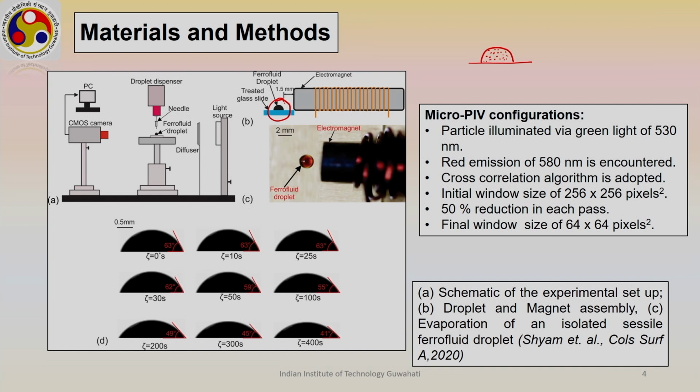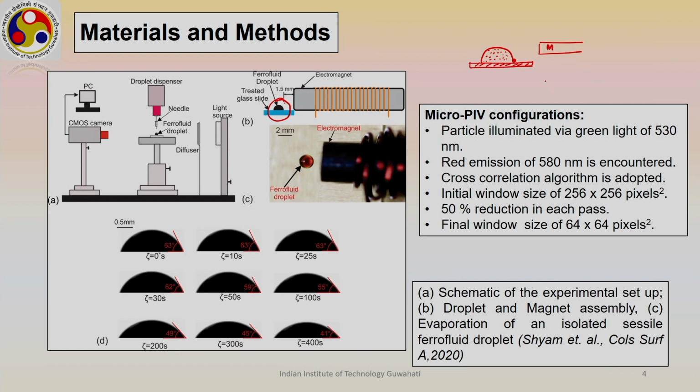So, when we start doing experiments, when we put a liquid droplet on a surface, we need to ensure that the particles will be in the dispersed phase. The particles should not be agglomerated, so we should not allow particles to be agglomerated. Now, if we switch on the magnetic field, by switching on the electromagnet circuit, what will happen? All the particles will try to migrate toward the contact line. So, this is the contact line.